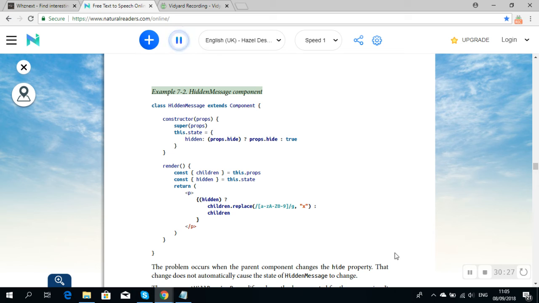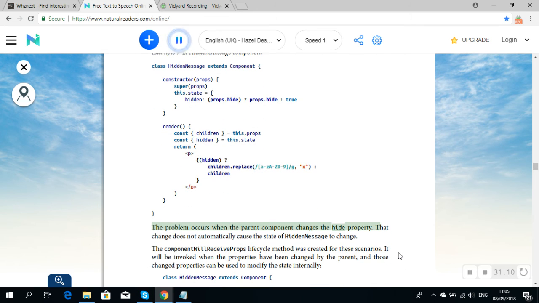HiddenMessage component. class HiddenMessage extends Component { constructor(props) { super(props); this.state = { hidden: (props.hide) ? props.hide : true } } render() { const { children } = this.props; const { hidden } = this.state; return (<p>{(hidden) ? children.replace(/[a-zA-Z0-9]/g, "x") : children}</p>) } }